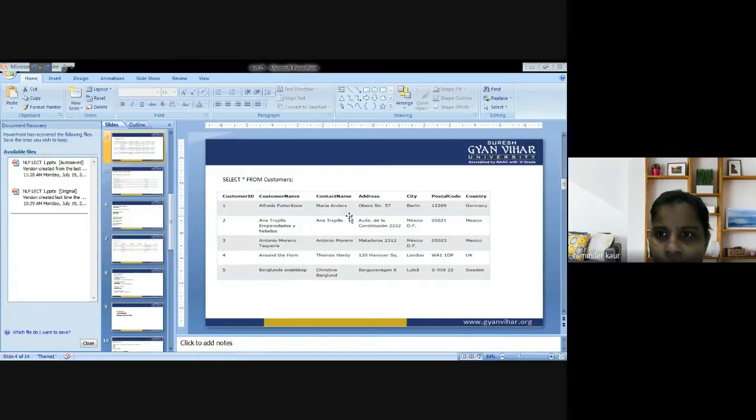Yes, this record will be displayed, the first record. It will be displayed because both conditions are satisfied for tuple number 1 or record number 1. So in this manner, this will be displayed. Same is the case with OR, same is the case with NOT.